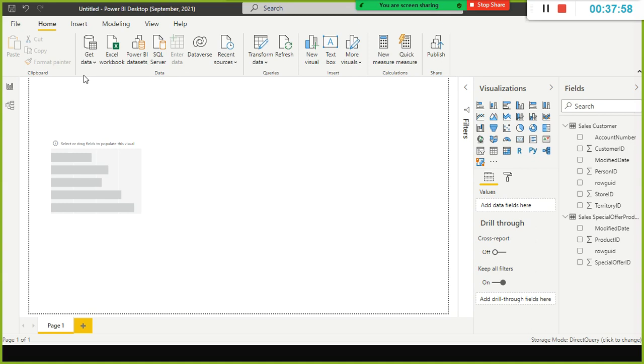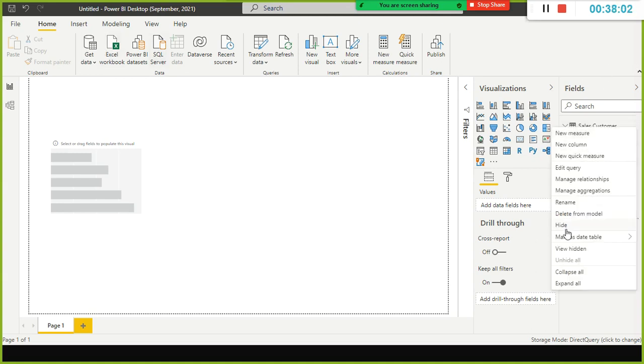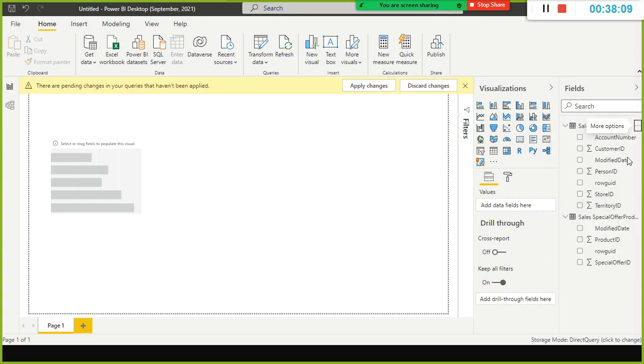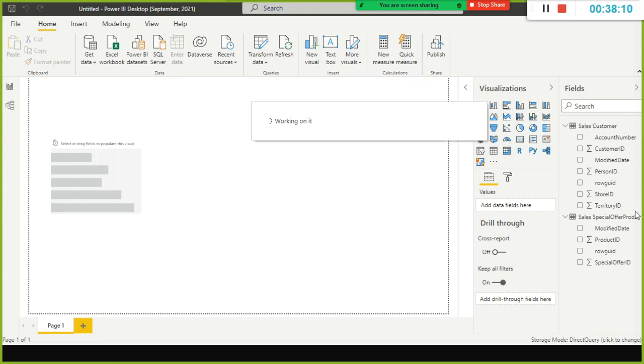So now what we will do is, I'm going to delete from the model. We'll try the Dataverse now. How many of you are aware of Power Apps?